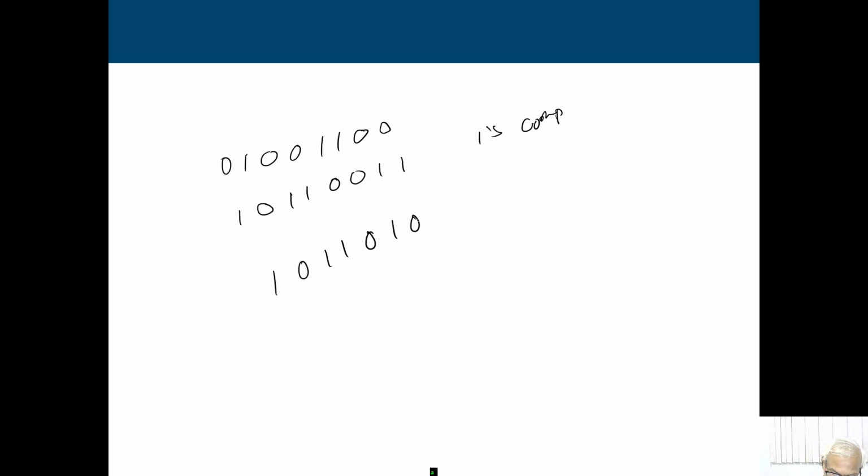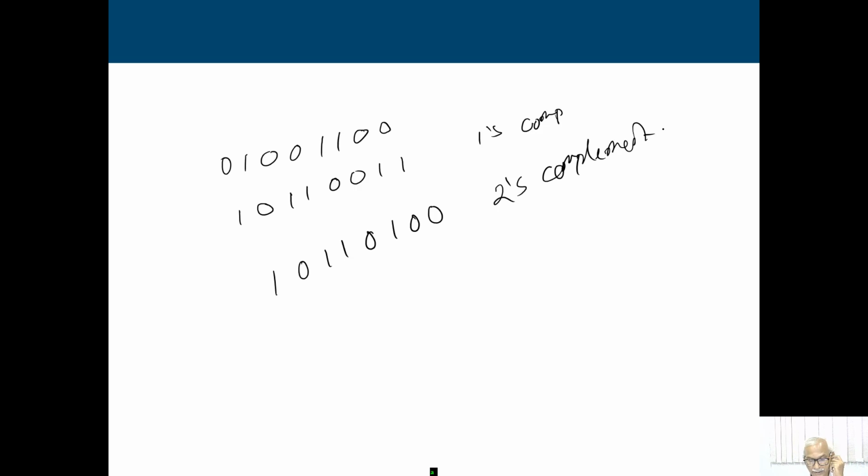So, now you just see that if I am going to give a number, say any number 0 1 0 0 1 1, so if this is any random number I am giving, then what will happen? What is 1's complement? 1 0 1 1 0 0 1 1. Okay. Now, what is this? This is 1's complement. Are you sure? Yes, I think. Now, if I add 1 to it, then what I get is 1 0 1 1 0 1 0 0. This is your 2's complement.